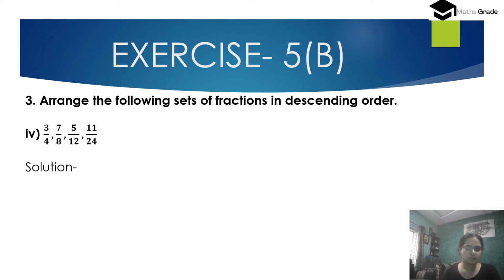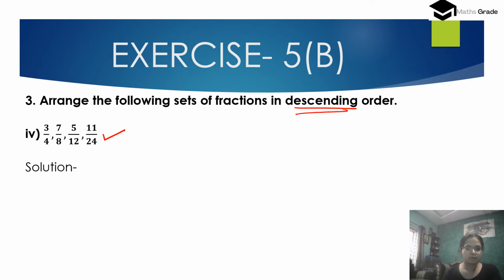Now question number 4: 3 divided by 4, 7 divided by 8, 5 divided by 12 and 11 divided by 24. We have to arrange these sets of fractions in descending order, that is, from the largest to the smallest fraction. In these fractions all the denominators are different. When we compare fractions having different denominators, that is unlike fractions, first we convert the fractions into